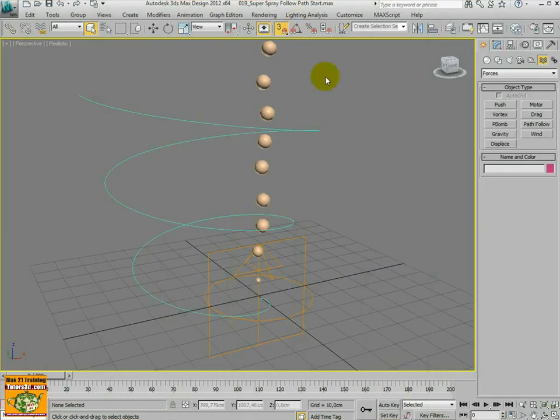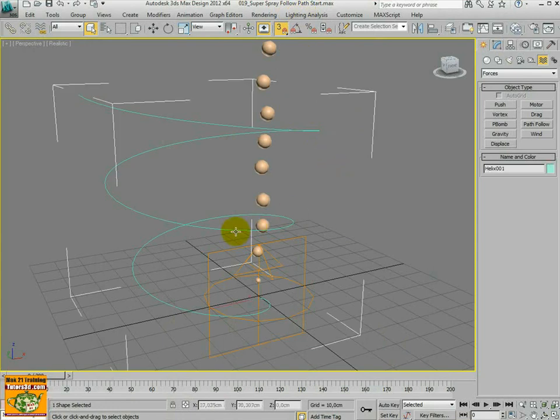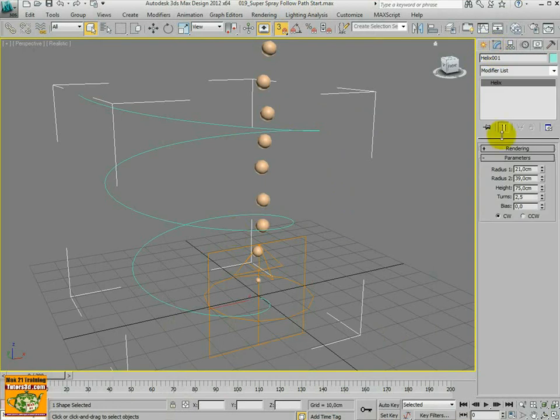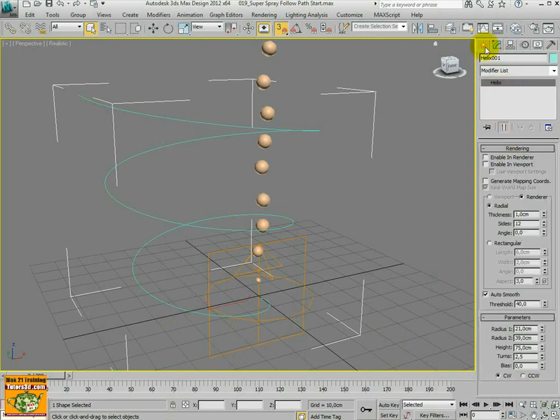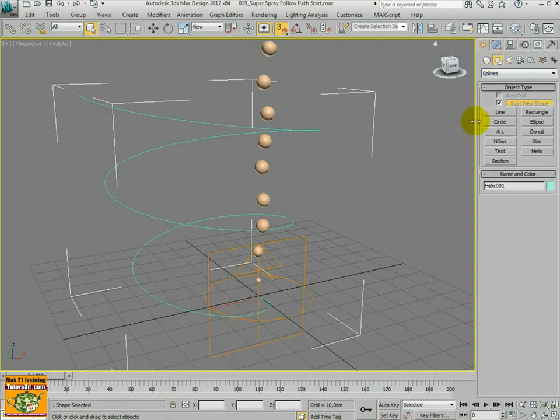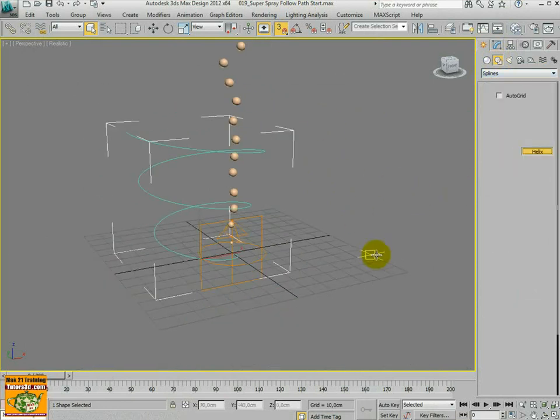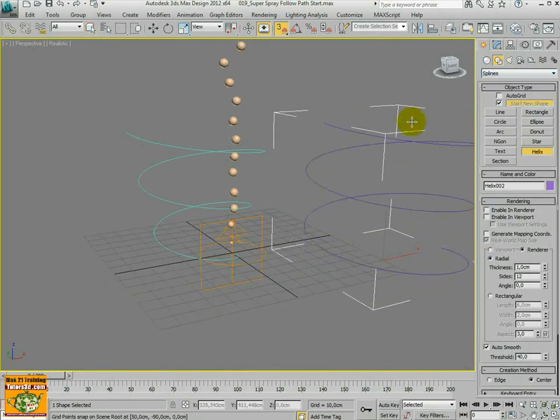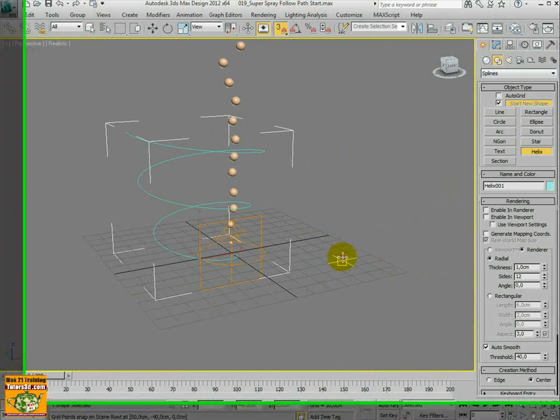Open the file 019 Super Spray Follow Path. The follow path suggests the possibility to follow a path, which in this example is a spline helix, built by the families of spline, so you can build a helix in this way. Position the cursor here, pick up the mouse, to generate the height of this helix,